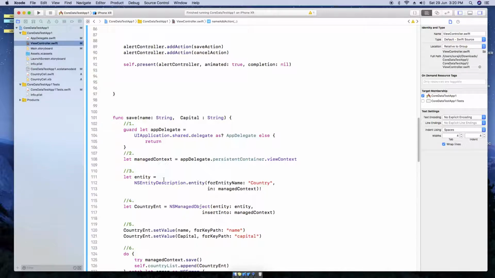And what is NSEntityDescription doing there? NSEntityDescription links the entity definition from the data model with an instance of NSManagedObject at runtime. Here the code is linking. It provides metadata about the object, including the name of the entity. Here the name of the entity is Country,